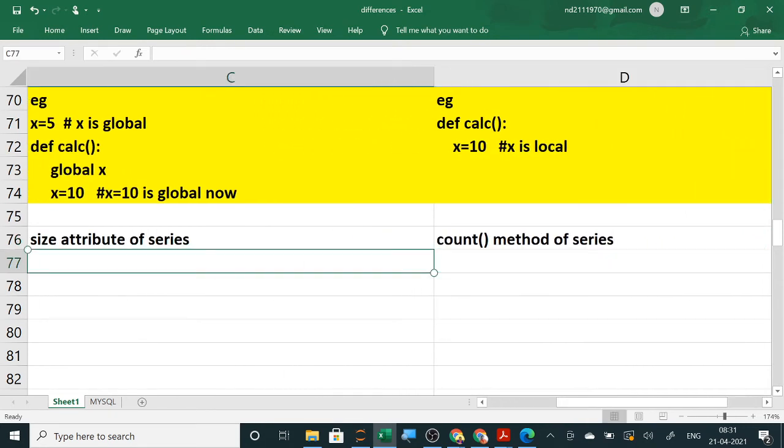In the size attribute, the first difference is parenthesis is not used, and here parenthesis is used. Second difference was it is an attribute, that is a method.